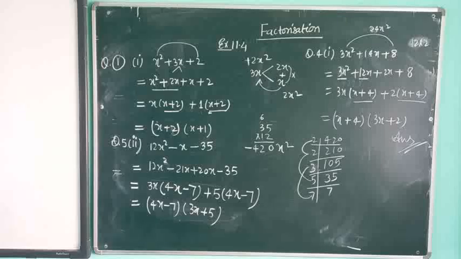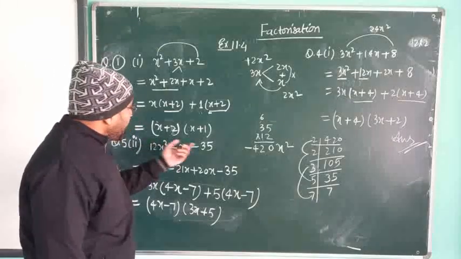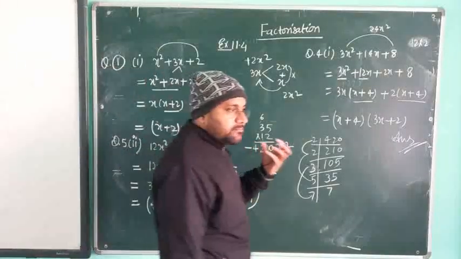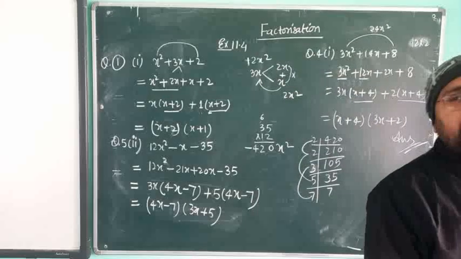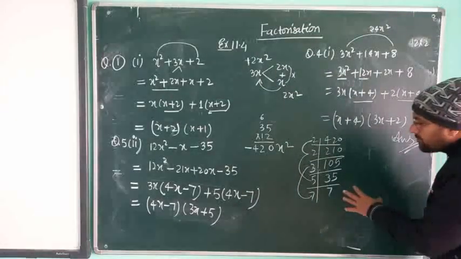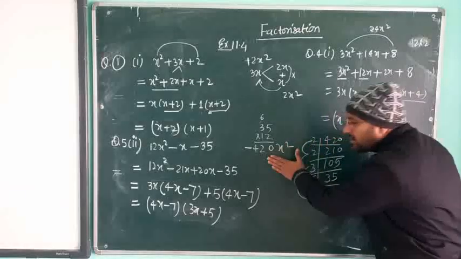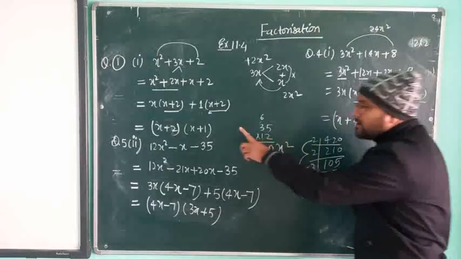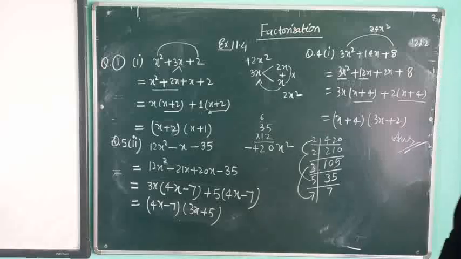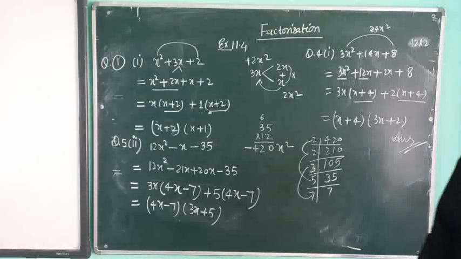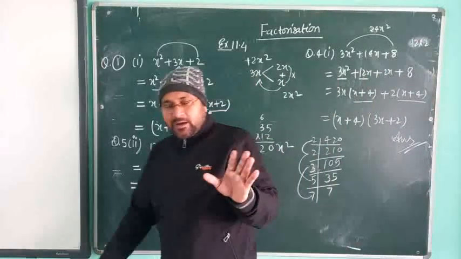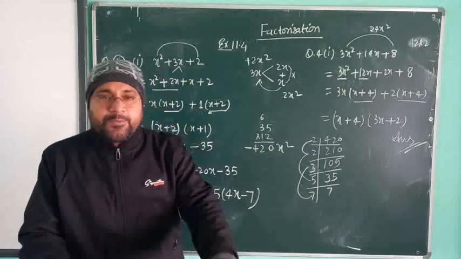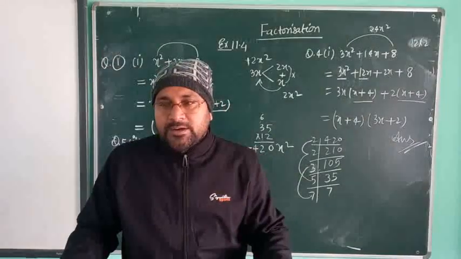Okay, so if you are getting a bigger number, if you multiply first and last and you are getting a larger number, then you can factorize it, and then you find out the two numbers whose product is this number, and by adding or subtracting you are getting the middle term. So that is the way you solve to factorize this type of expression. So it is an interesting one also. So I hope you will complete the remaining questions by yourself. If any problem, you can ask me.